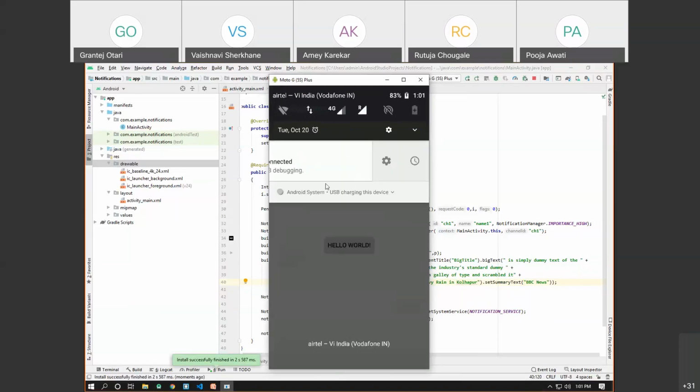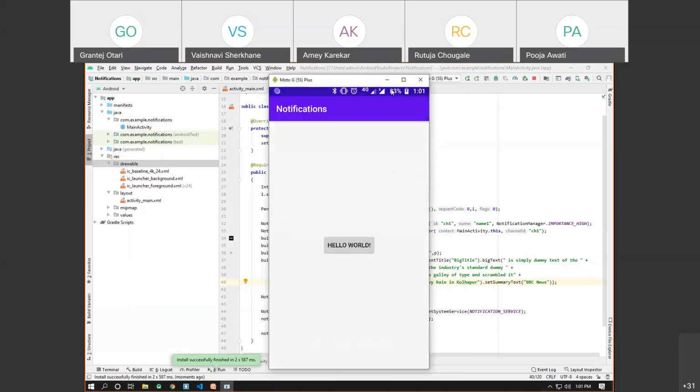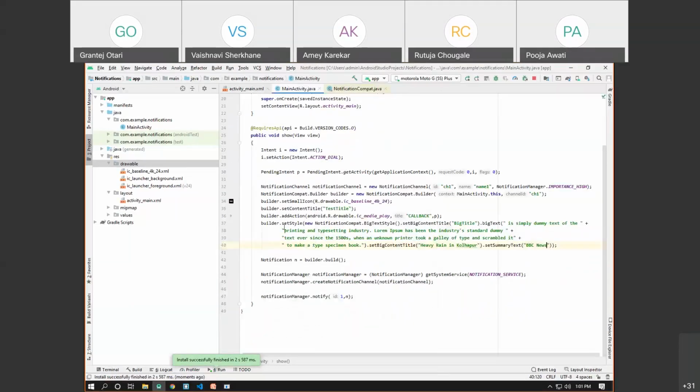Generally, if you want to show some custom news via your app, you can go with the big text style. Then sometimes you might have observed that if someone posts a new photo on Instagram, or if someone posts a new photo in your WhatsApp, that's again visible in your notification.